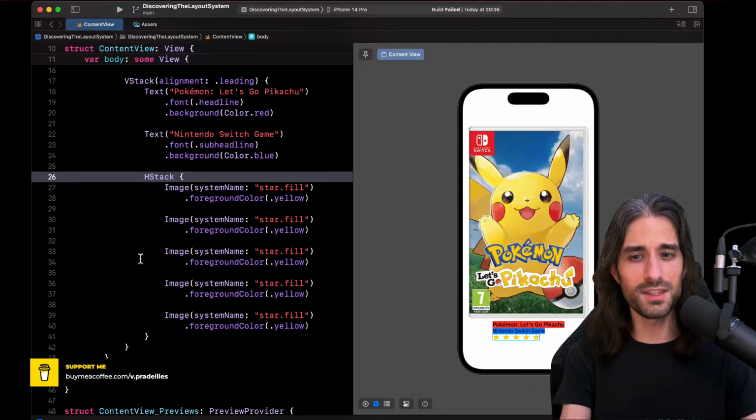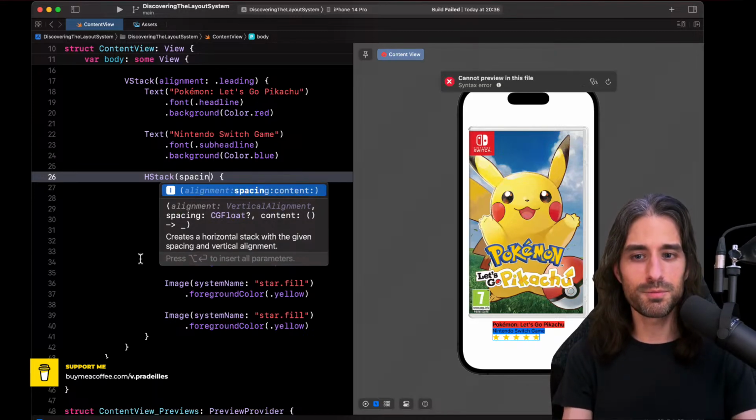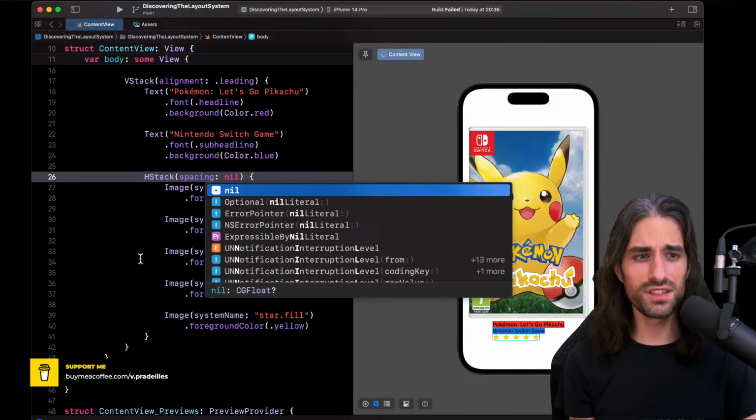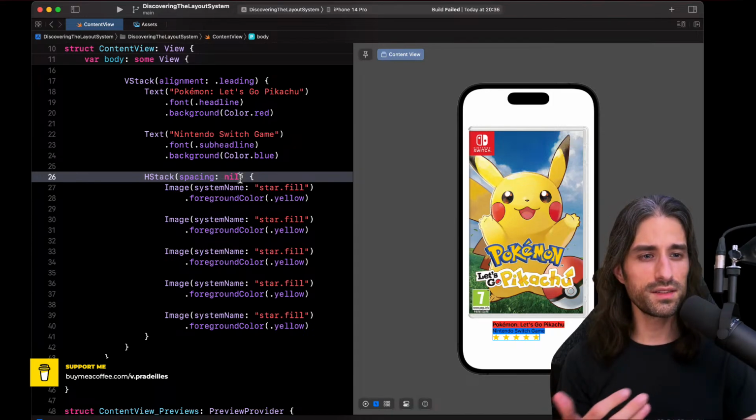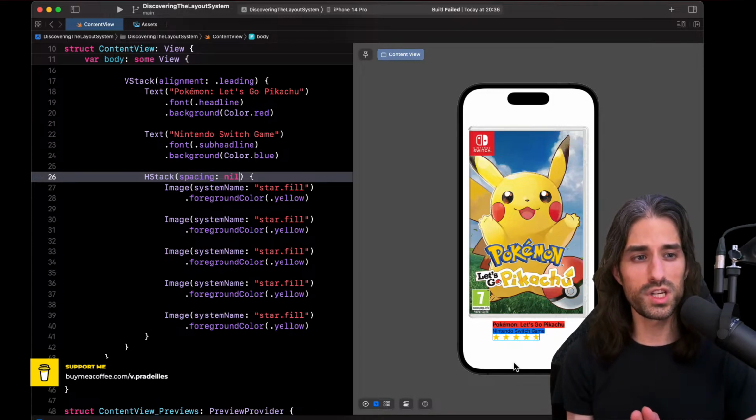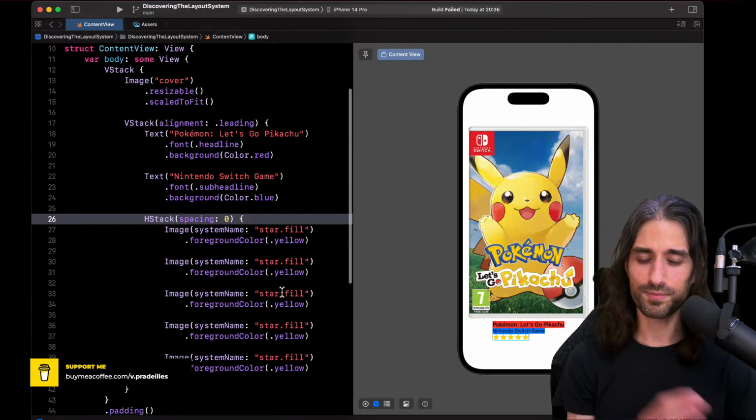And so the answer, we've seen it before when we look at the argument of the initializer of VStack, and the initializer of HStack is following the same logic. There is a spacing argument, which is nil by default, but nil doesn't mean 0. It means whatever spacing makes sense as a default value in the eyes of SwiftUI. Here it's putting some spacing between the views, which makes sense most of the time, but here it's not what we want. And so we want to say we want a spacing of 0, and we say it explicitly. And now it looks more like what we would expect inside an e-commerce app.